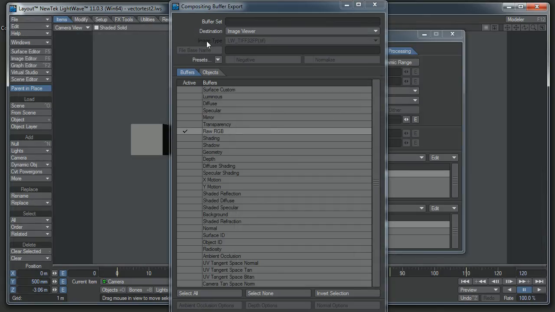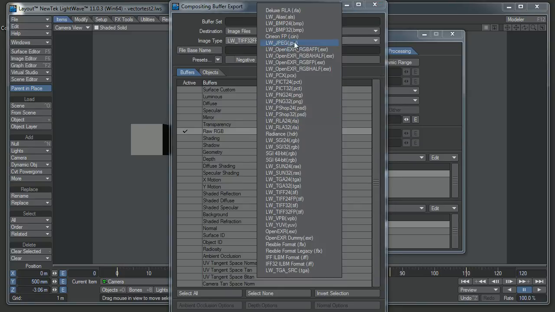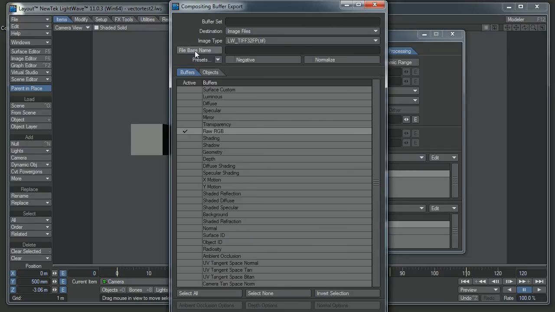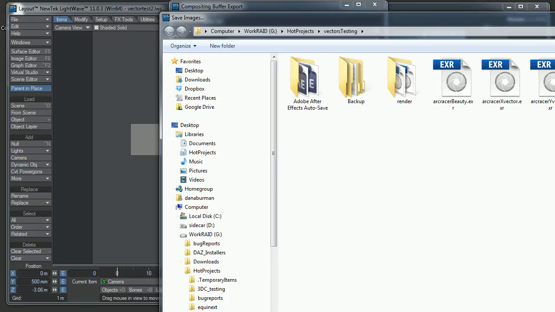Now to save this out, you need to set your destination to image files and tell it where to save it and what kind of file format, and you'll probably want to do EXR or some other floating point file. And you have to be careful that you don't leave this on if you're done rendering your scene, because whenever you have the destination set to image files and the base name is set,